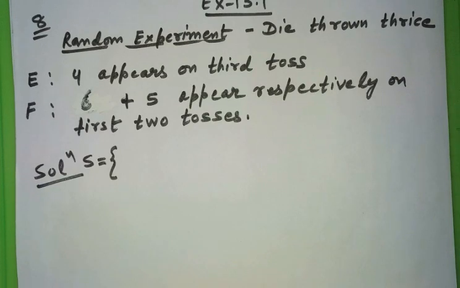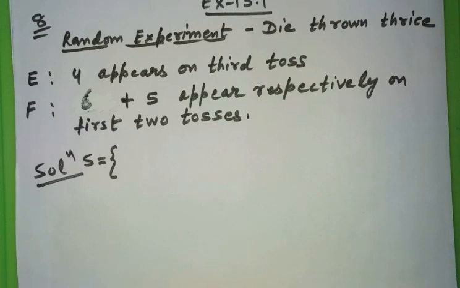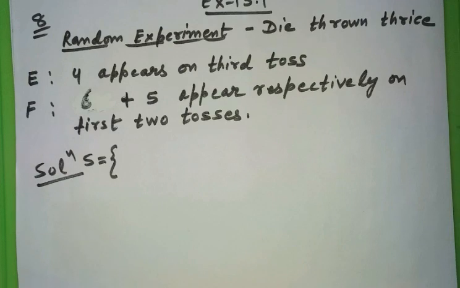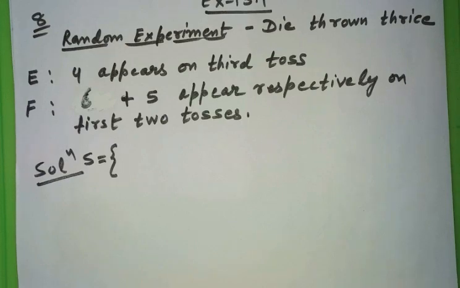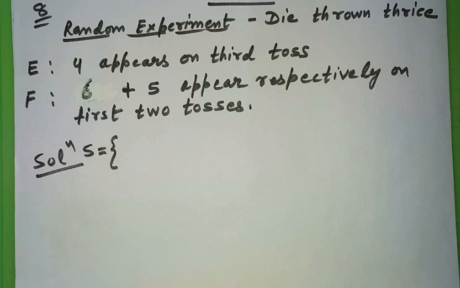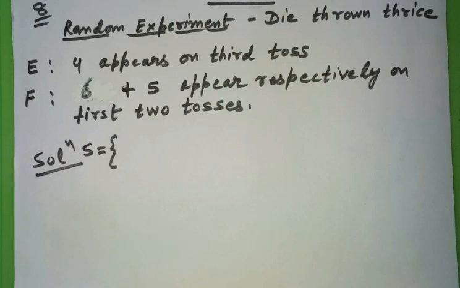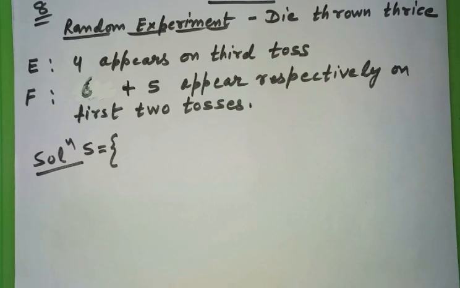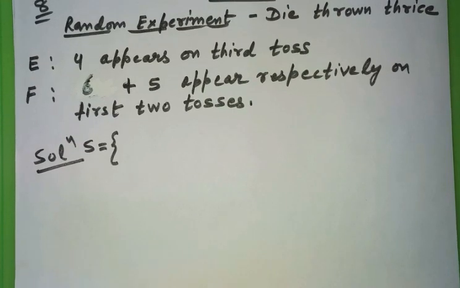So when you are rolling the die 3 times, each one of those 36 cases will be paired with 1, then again those 36 cases paired with the second number 2, then all 36 cases paired with 3, and so each one of those 36 cases will be paired with respectively 1, 2, 3, 4, 5, 6. So you will have